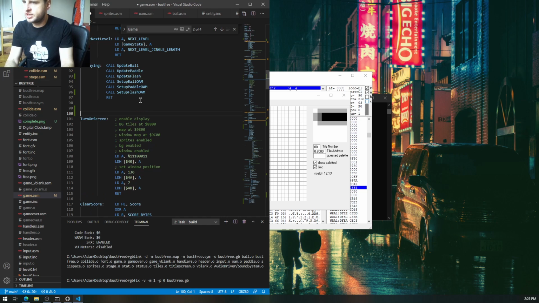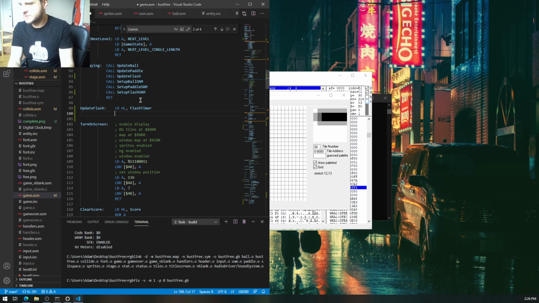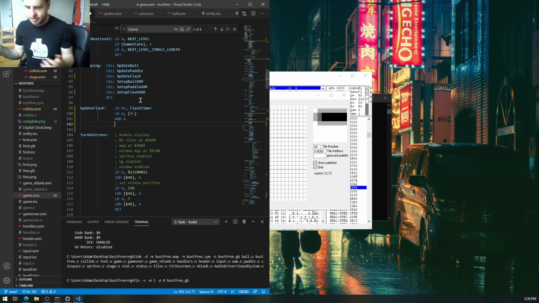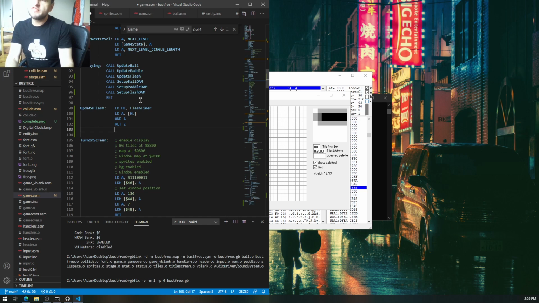Put this over here. Flash. What we're going to do here is just check to see. Actually, no. If the flash timer is already 0, then we don't want to do anything. So we're just going to return if it's 0. If it's not 0, we're going to